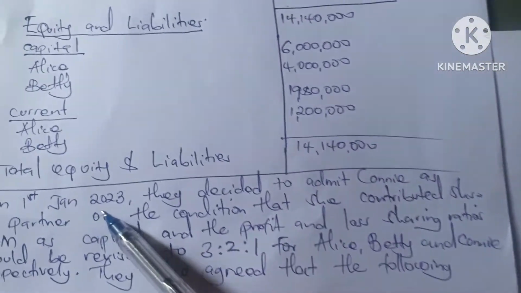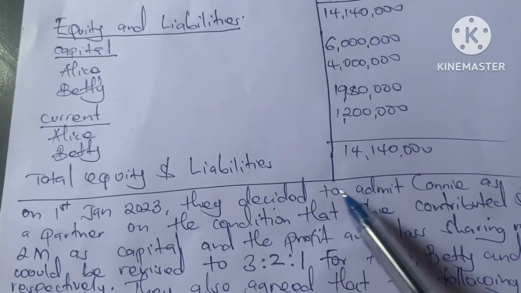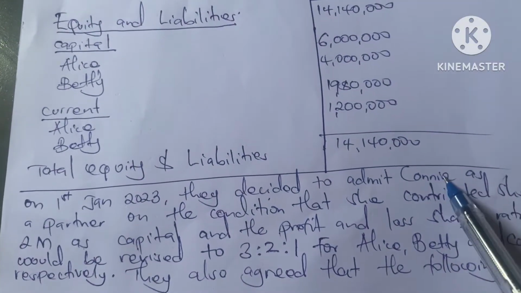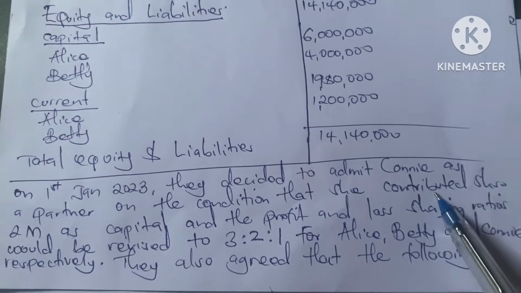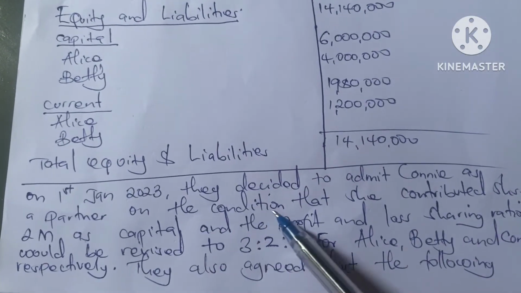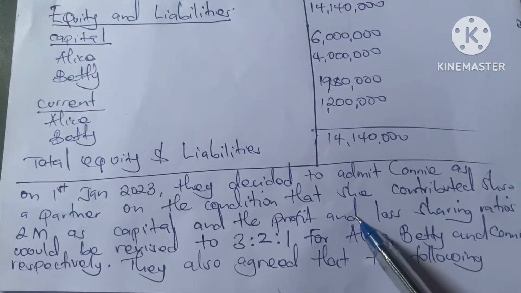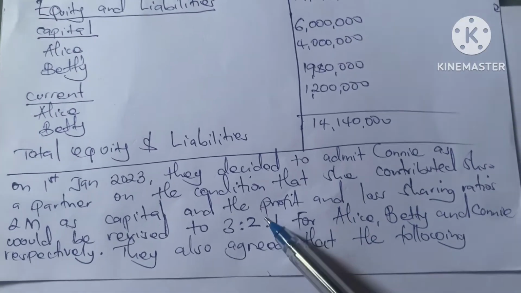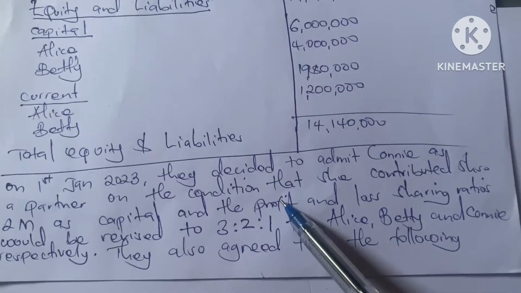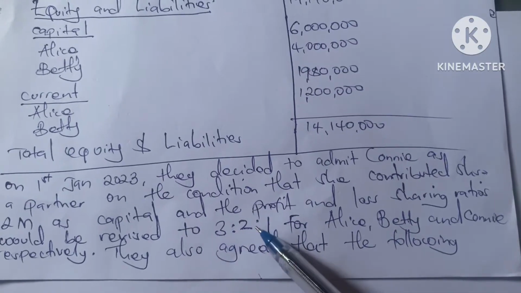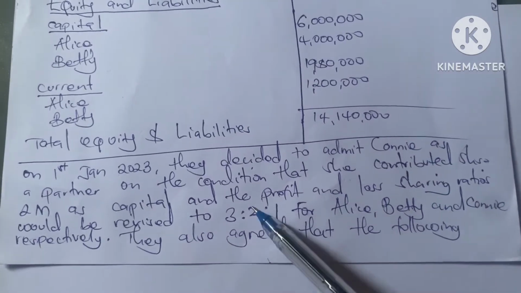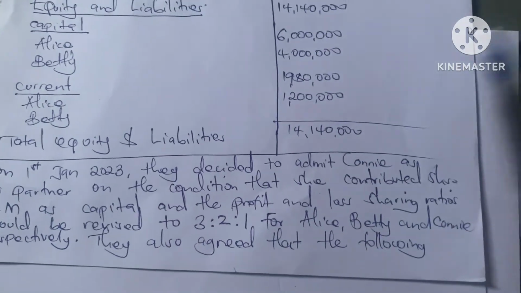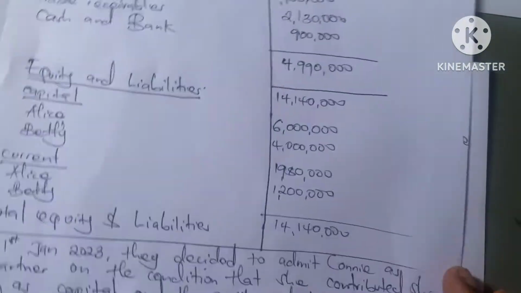Then on 1st Jan 2023, they decided to admit Connie as a new partner on the condition that she contributes 2M as capital, and the profit and loss sharing ratio would be revised to 3:2 for Alice, Betty and Connie respectively. So they also agreed on the following